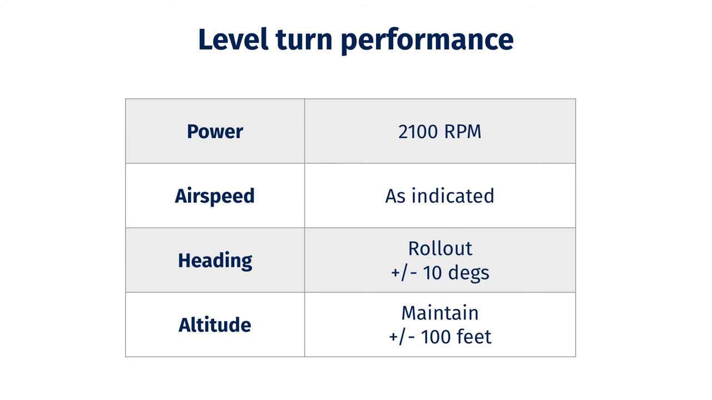So if I say roll out to a heading of 360, you'll be within 10 degrees of 360. And to maintain your altitude within 100 feet of the target altitude. So if we were to start the maneuver at 2,500, we would not want to deviate more than 100 feet